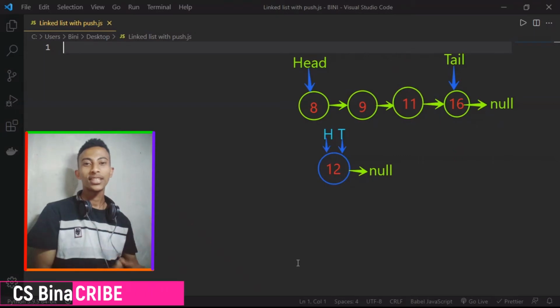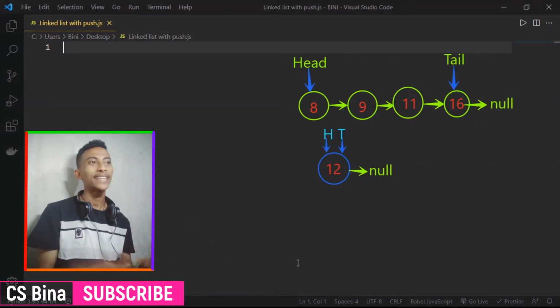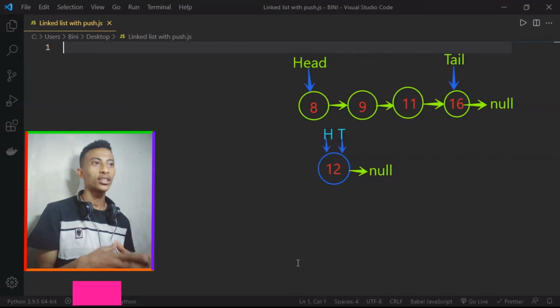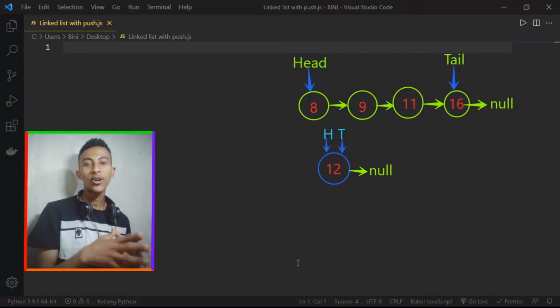Hello guys and welcome. In this video I'm gonna explain to you about a linked list, how linked list works. I'm gonna explain to you step by step, and I will show you there are different operations you work on